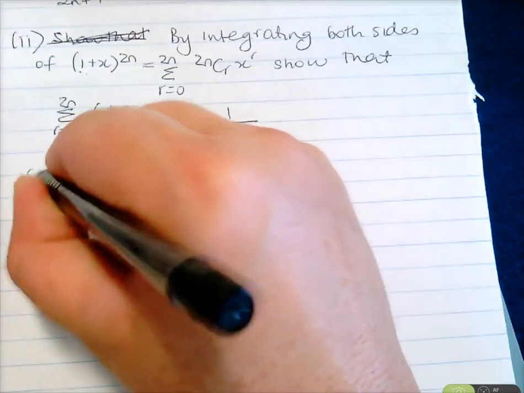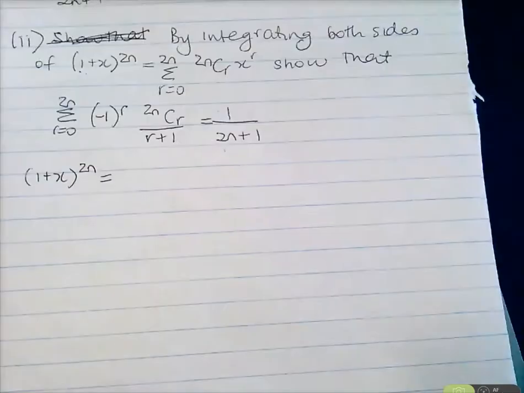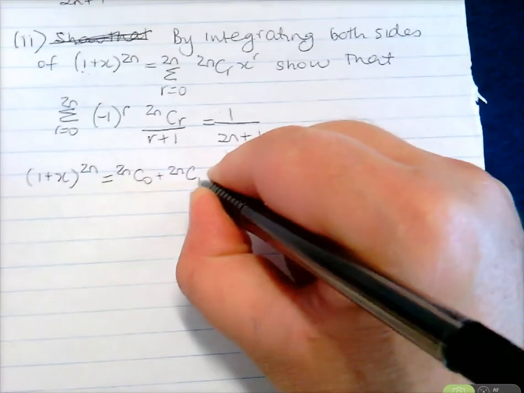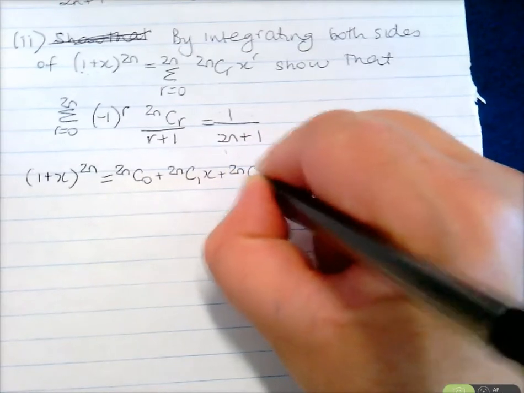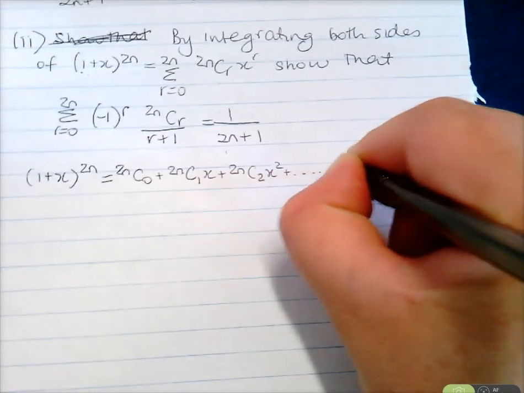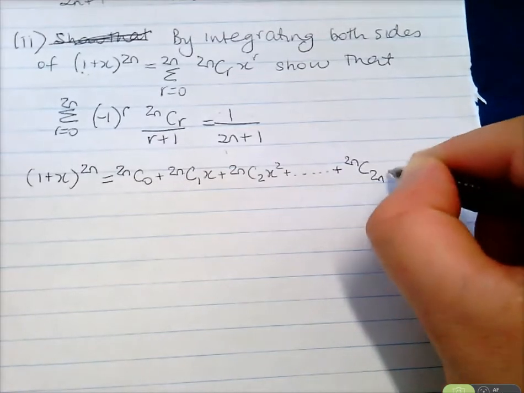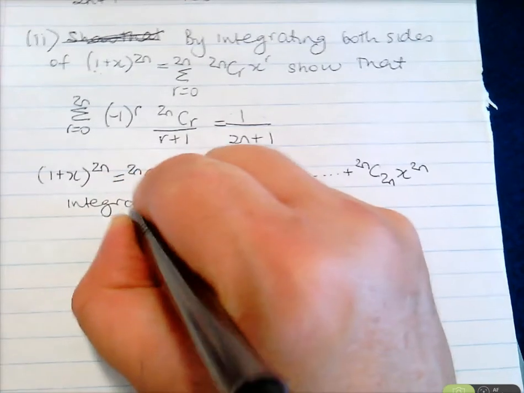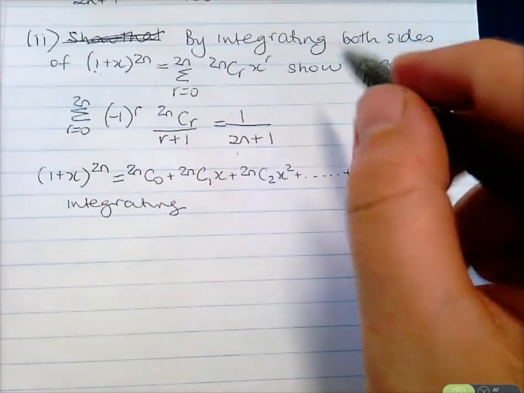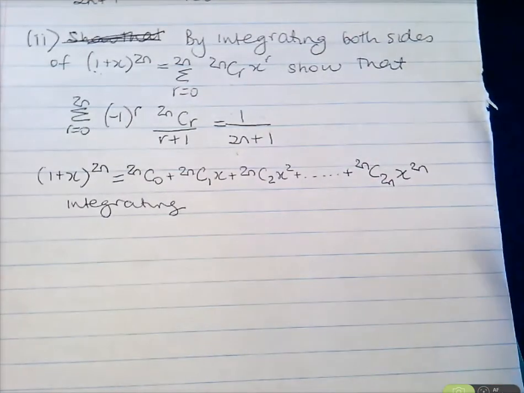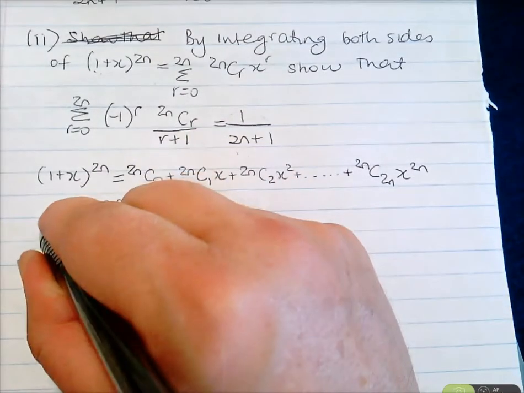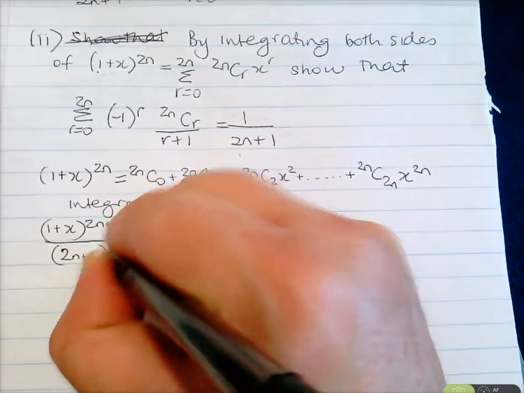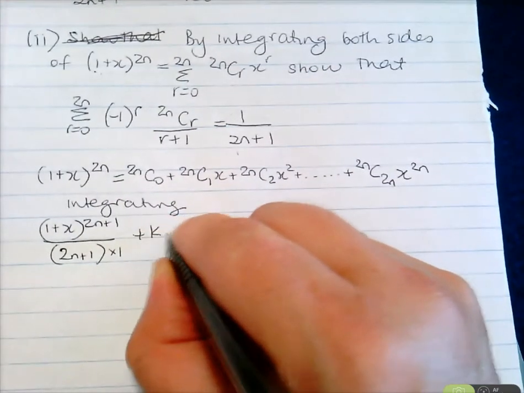All right, let's start. 1 plus x to the 2n, let's write it out in full and then integrate it, is 2nC0. I think we're getting better at writing these out. 2nC1 x plus 2nC2 x squared, all the way up to 2nC2n x to the 2n. Integrating both sides. Actually, didn't we work this all out before? So we'll practice it. Integrating both sides, we get 1 plus x to the 2n plus 1 over 2n plus 1, plus the constant, equals